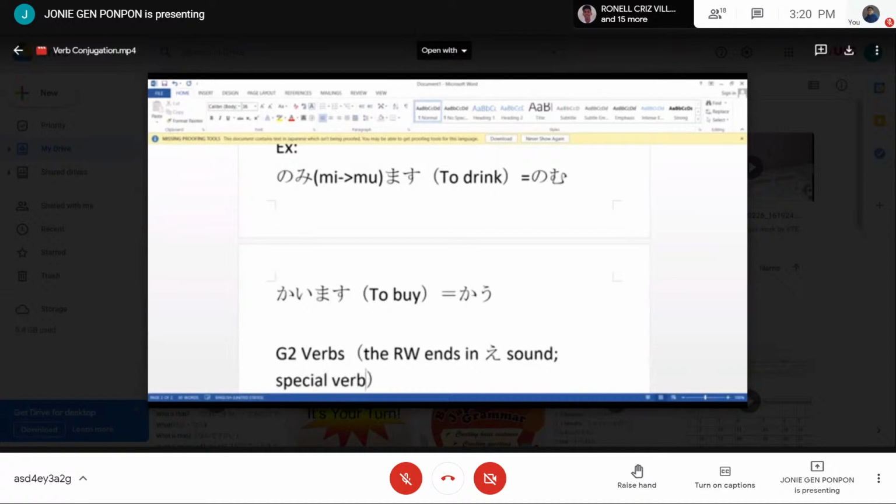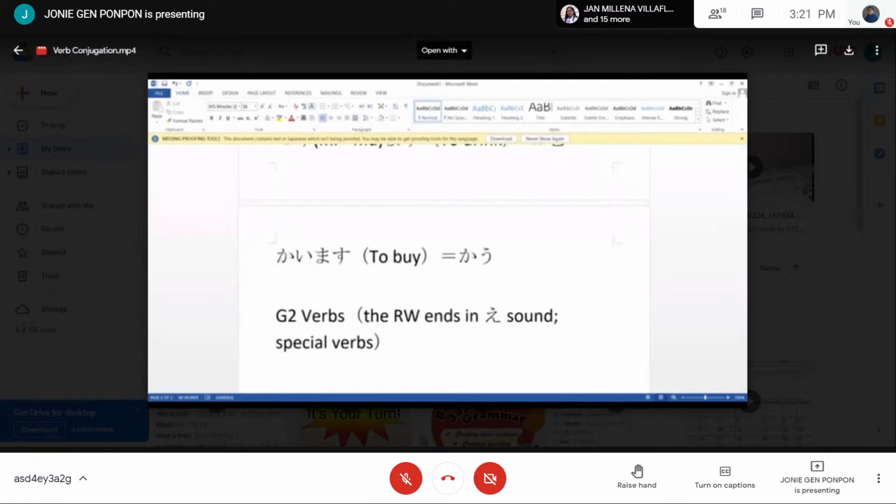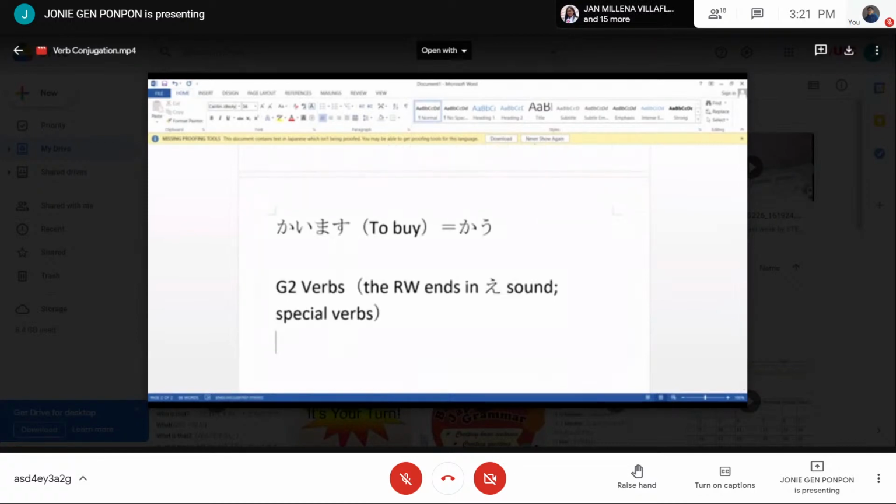So, I introduced you the special verbs last week. That's why you should know na what are those special verbs that even the root word ends in e sound, but it is not considered as group 1 verb, but group 2 verbs. Okay? So, the rule in creating jisho form of group 2 verbs is